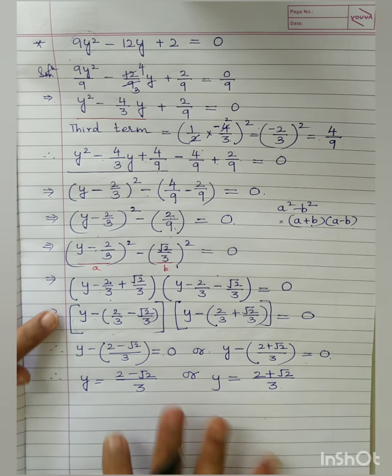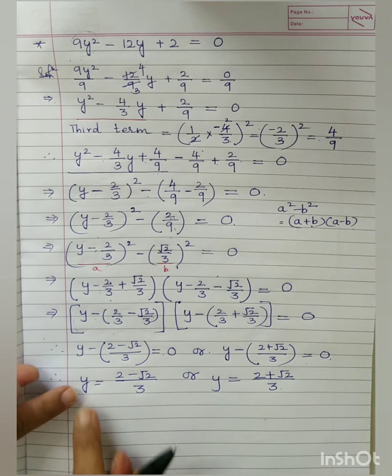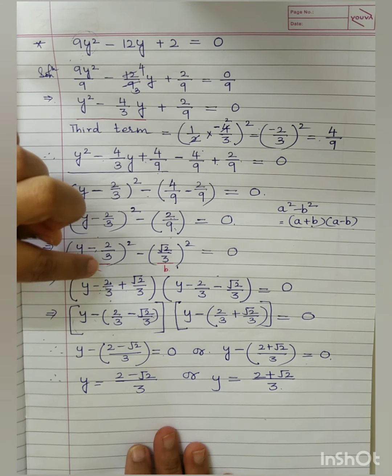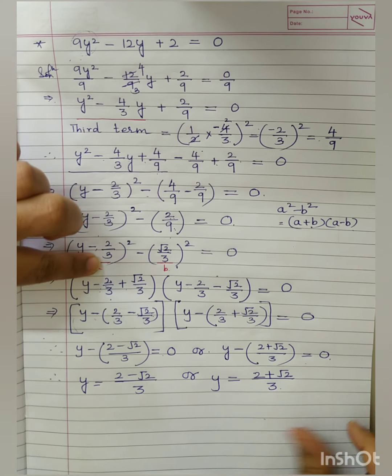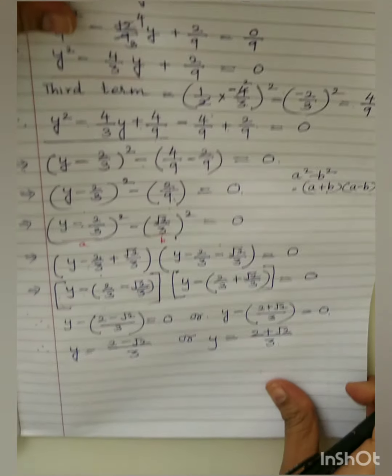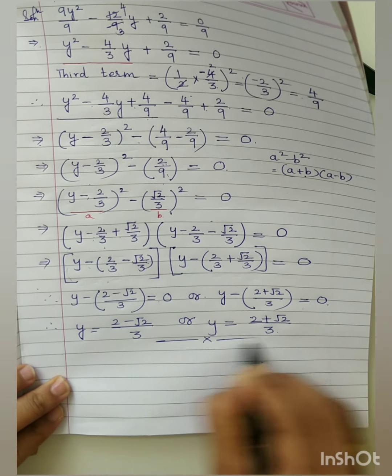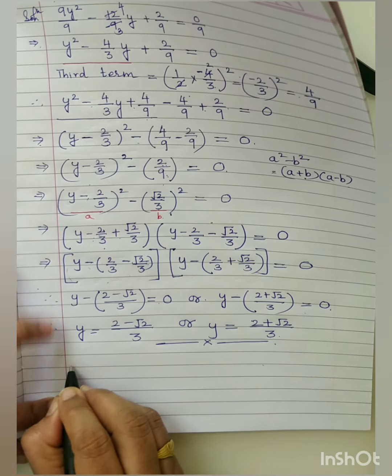Now what I want to explain here is, since I have simplified this expression here itself, I have directly got the value of y over here. Had I not simplified this, what would have happened? That also I will show you. Let me check if it is visible. Your question gets over here. Okay, I am showing you the additional part. Had I not simplified over here, had I